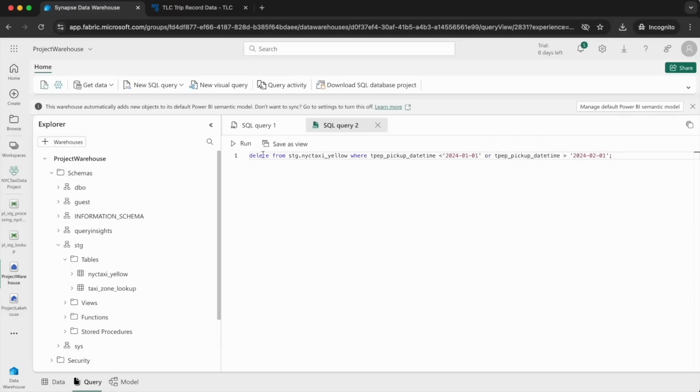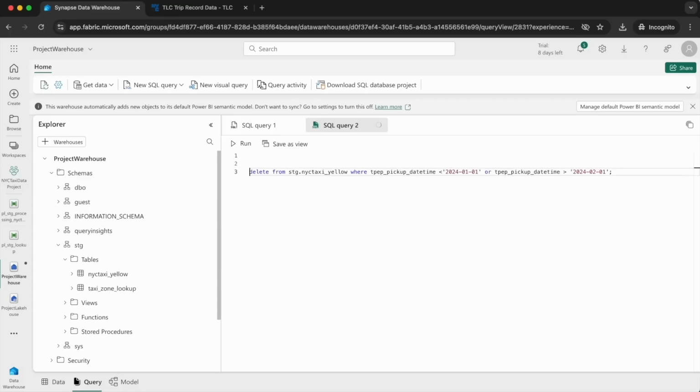But to create a repeatable process, we need to parameterize these values. So each time we run a pipeline, we can pass in the new parameter for the dates being processed. So let's parameterize them and create a stored procedure. So I'll create a stored procedure using this query. So the stored procedure will be in the STG schema, and it will be called data cleaning